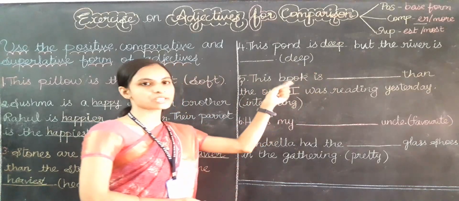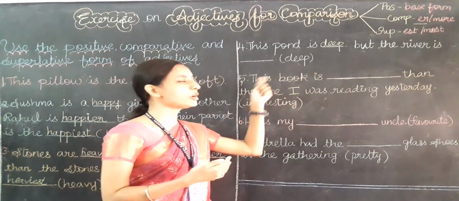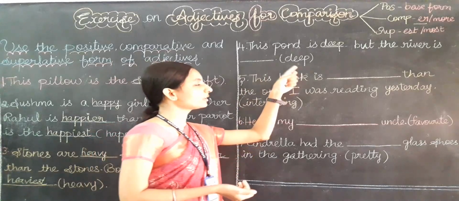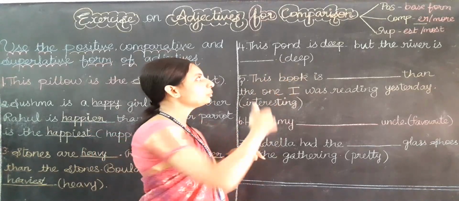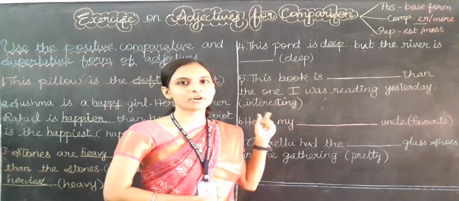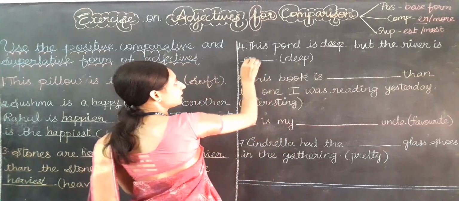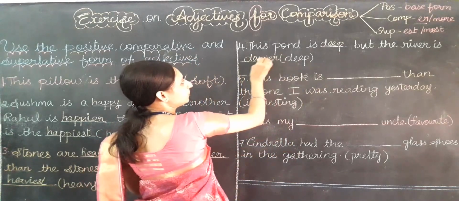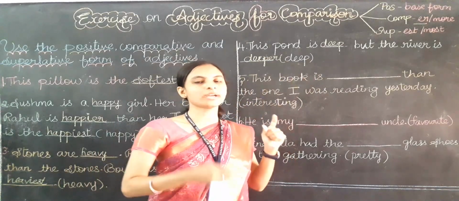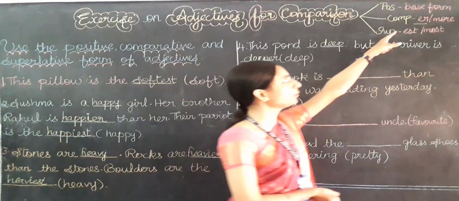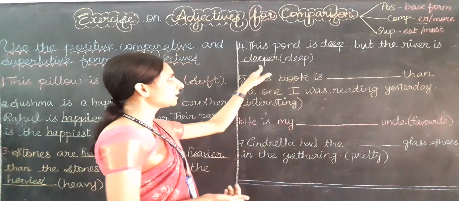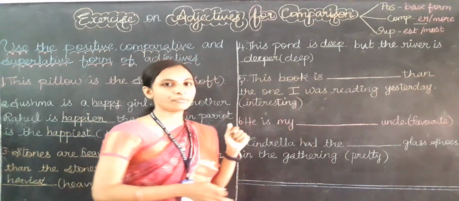But I am comparing this pond with the river. But the river is dash. So the word is deep. Is it a small word or a bigger word? It is a small word only, right? Deep is a small word. So for making it into a comparative adjective, what do I need to do for deep? Yes, I need to add ER only for a small word. So at the end of deep, I need to add ER, deeper. Okay. So if this word is a small word and we are comparing, I need to use the comparative form only. So for the comparative form, if the adjective is small, I need to add ER after the adjective. Okay. So that is what I have done. Clear? Okay. Let's go for the fifth one.